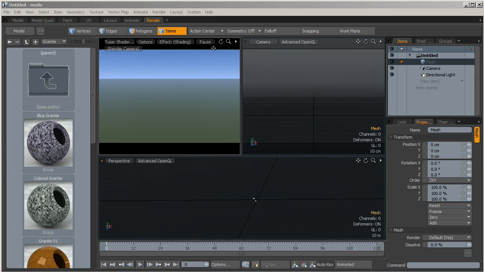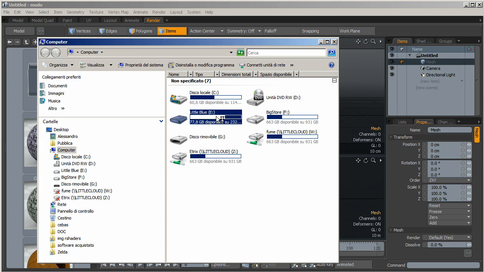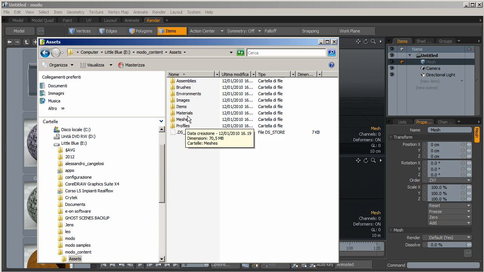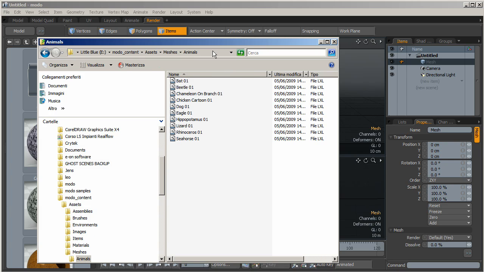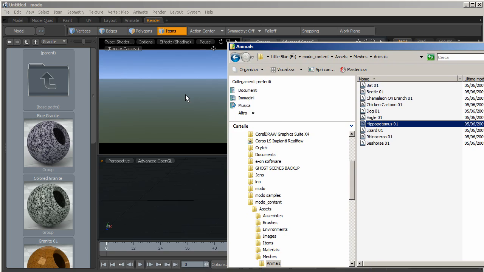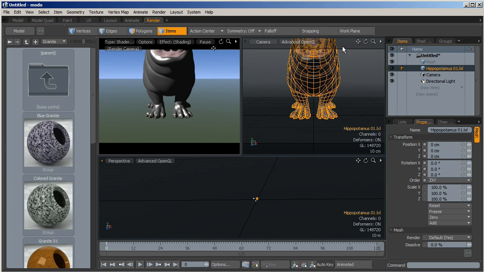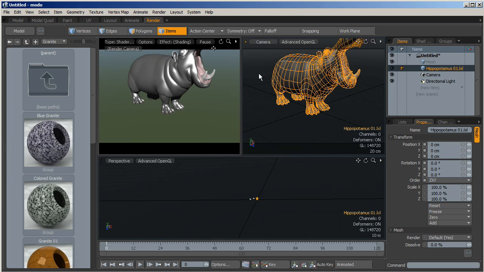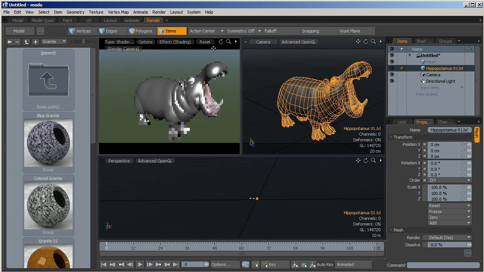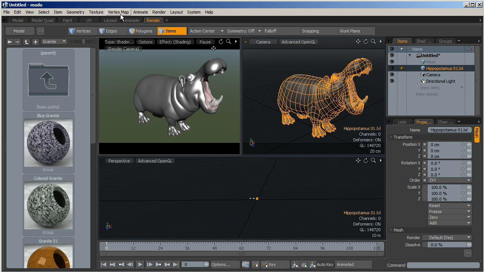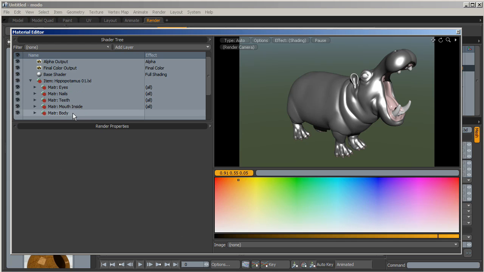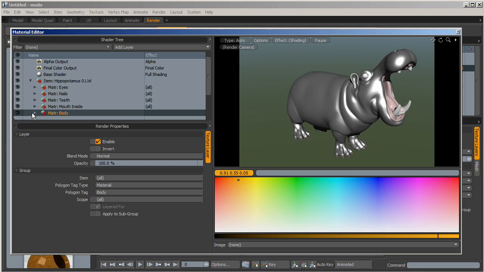I'd like to create a really simple scene. To create this scene, I'd like to merge a mesh coming from the model content. So let's go inside the mesh, and we can select, for example, this one. Okay, and we have it. You see that we have our basic scene, our basic mesh inside the scene. I'd like to make the scene a little bit more complex, so let's go inside the material editor and select the body material, and I'd like to make it